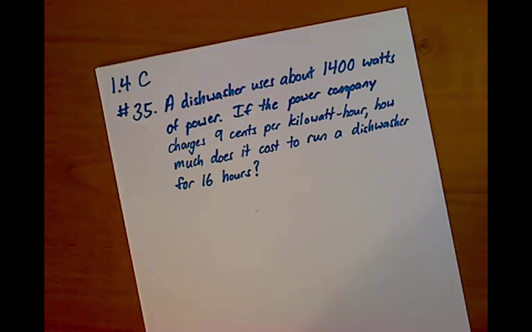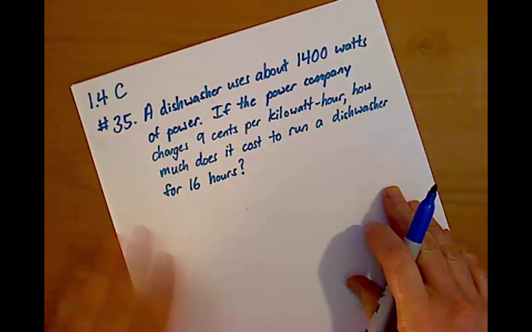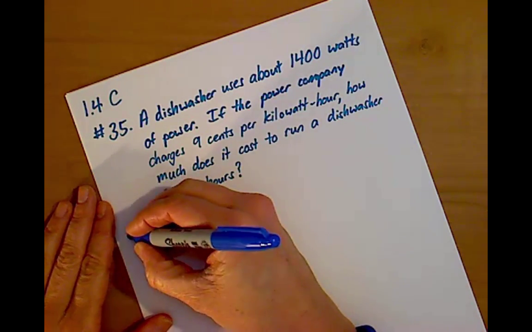A dishwasher uses 1,400 watts of power. If the power company charges 9 cents per kilowatt hour, how much does it cost to run a dishwasher for 16 hours? So the power the dishwasher uses